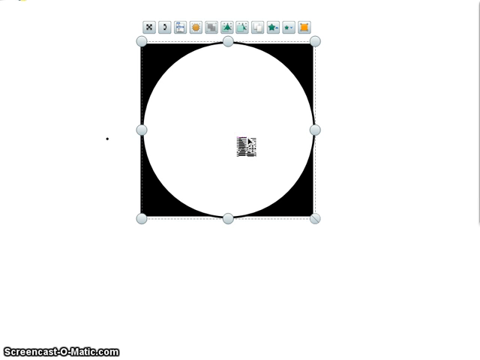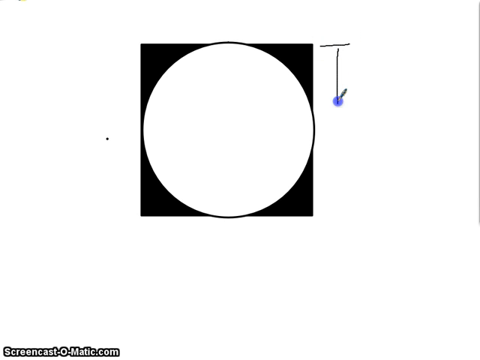There we go. And if I say that this measurement right here is 12 inches,